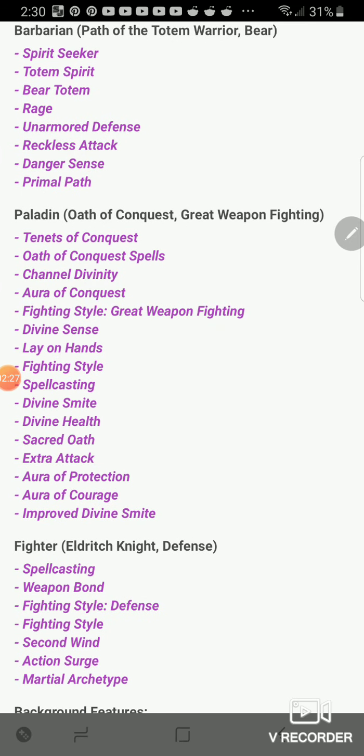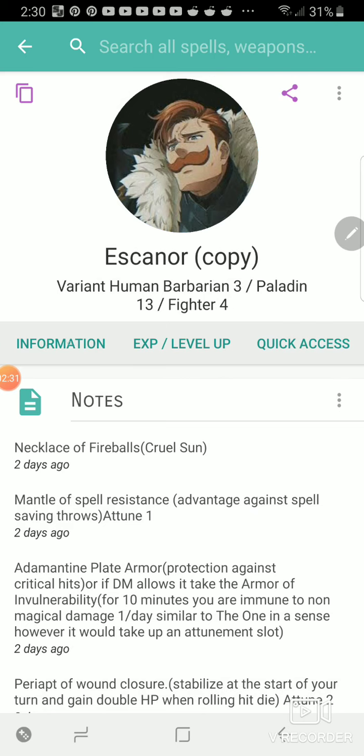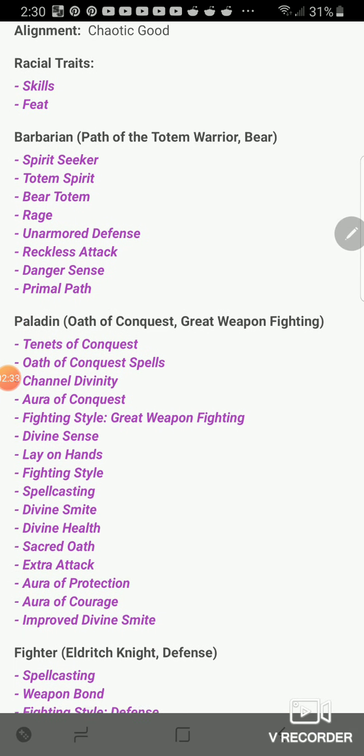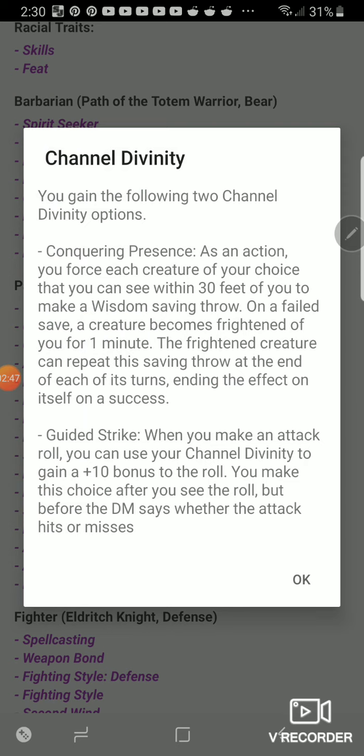The paladin is what you'll go into after that. You're going to go the Path of Conquest with the Great Weapon fighting style, so that you can reroll your 1s and 2s on your damage die. And with the Oath of Conquest, you have your Channel Divinity of Conquering Presence. As you can see here,